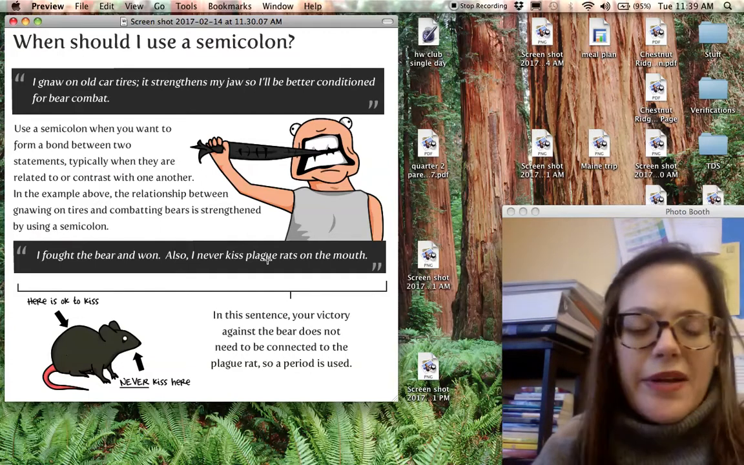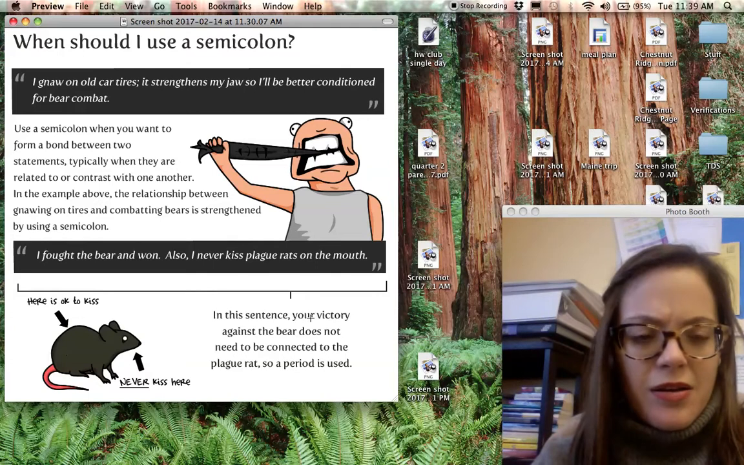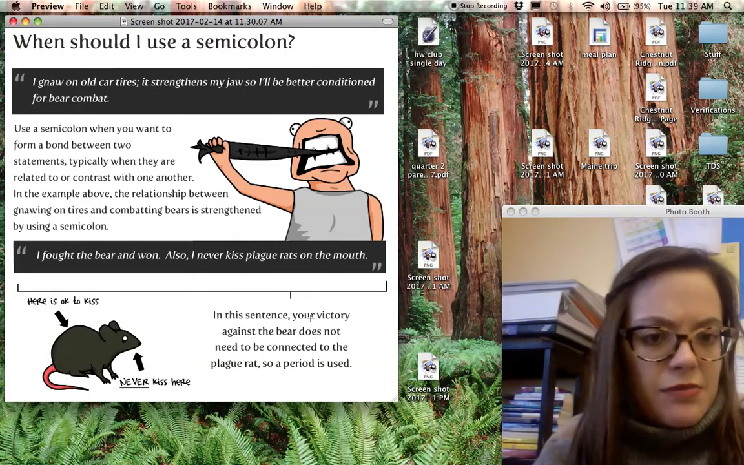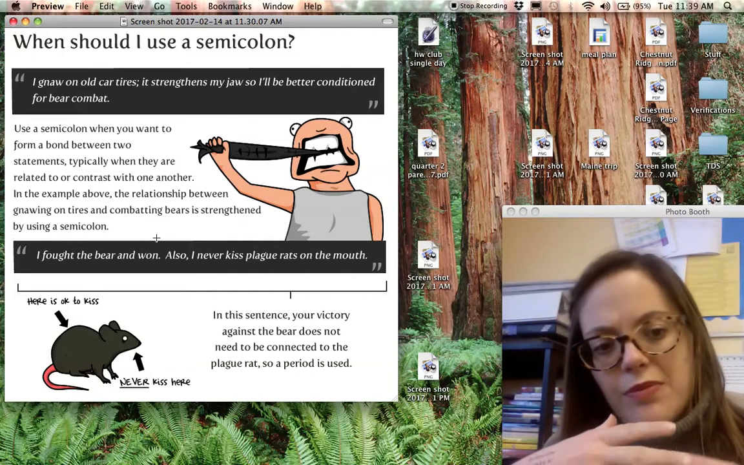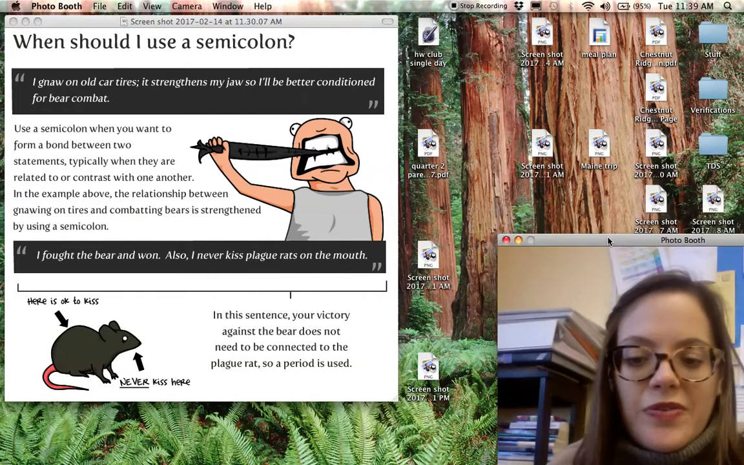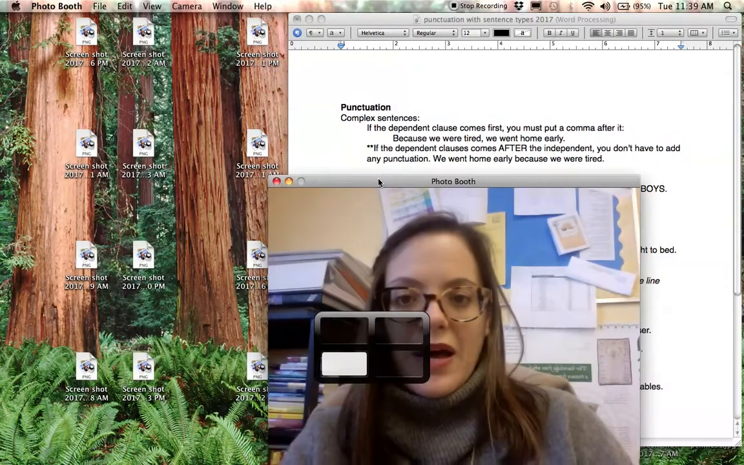Also, I never kissed plague rats on the mouth. In this sentence, your victory against the bear has nothing to do with kissing rats, so we use a period. We don't need to put those together with a semicolon. Okay? All right, so now that we've talked a little bit more about semicolons, let's go back to our other